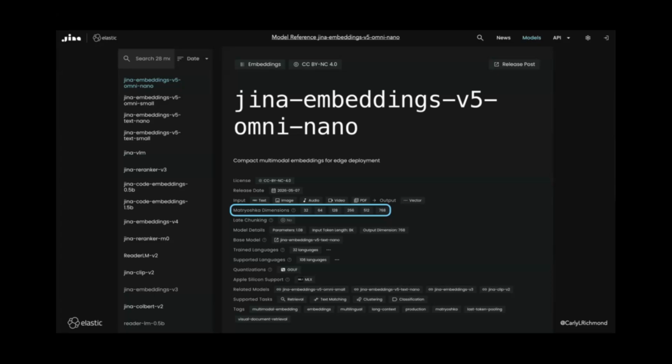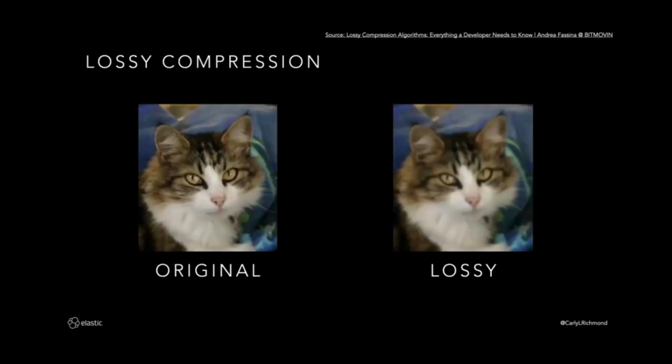We might want to consider compression as our option. And that's what quantization is: compression. In really simple terms, it's compression. And this is not a new construct. So if we think about images, and me going back to my high school computing, the idea is that we generally have two types of compression. We have lossy and lossless. Lossless obviously doesn't incur any form of loss, but lossy does.